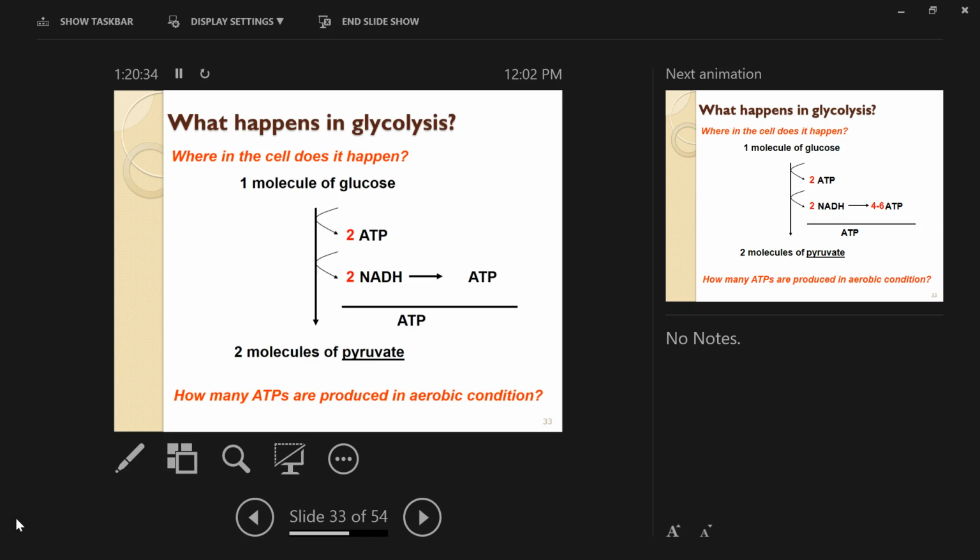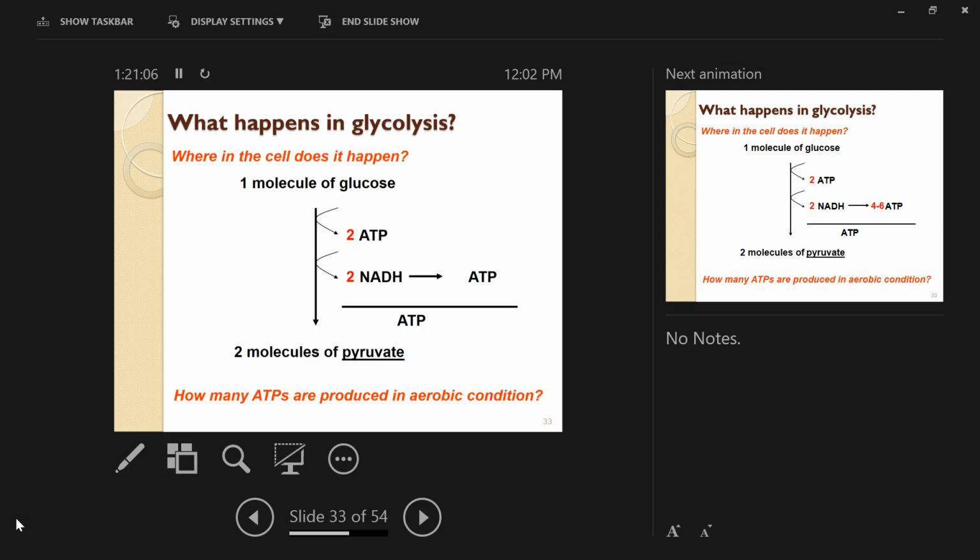So NADH generated from the TCA cycle can directly go to the electron transport chain, do the oxidative phosphorylation for ATP production, right? So NADH, once it's synthesized inside the mitochondria, usually generates 3 ATPs, right? Remember this, right? Okay. So, but this NADH